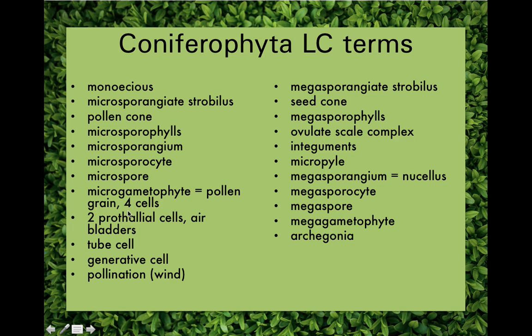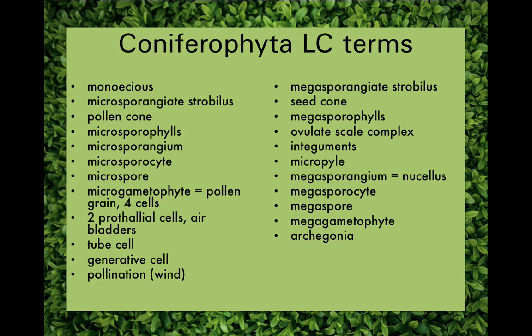Only 4 cells. 2 of them are prothalial cells that are associated with those air bladders that are like the ears on the Mickey Mouse face. And then in the face of the Mickey Mouse face, we've got a tube cell and a generative cell. The tube cell is going to produce the pollen tube, and the generative cell is going to divide again to